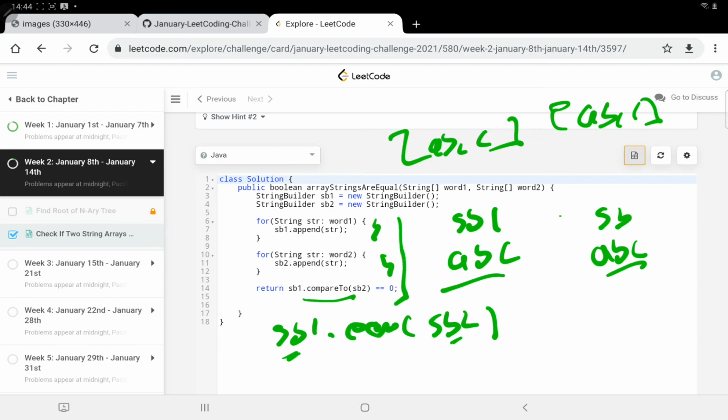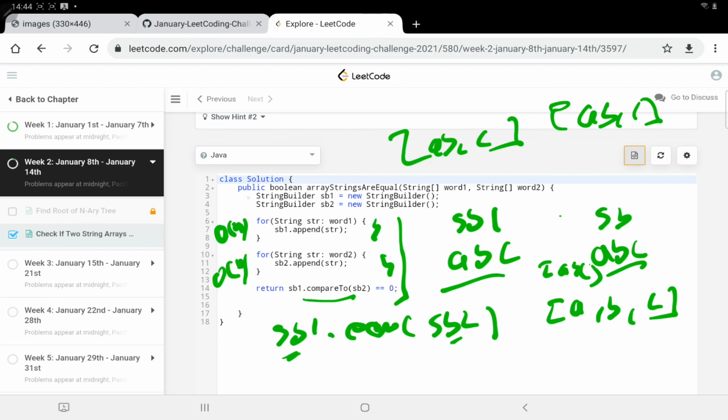So what will be the time complexity here? In this case we can see that the time complexity will be order of m, where m is my word1 array size, and order of n, where n is my word2 size, right? Because it can happen that the second array will contain A, B, C. In that case we are going through it 3 times, right? We need to iterate this array 3 times, and the first array will be like A, B, C. In this case we are iterating the first array only once, but we are iterating the second array 3 times. So whatever is the maximum, we are going to consider that, right? So our time complexity will be linear. It will be either max of order of m or order of n, right?